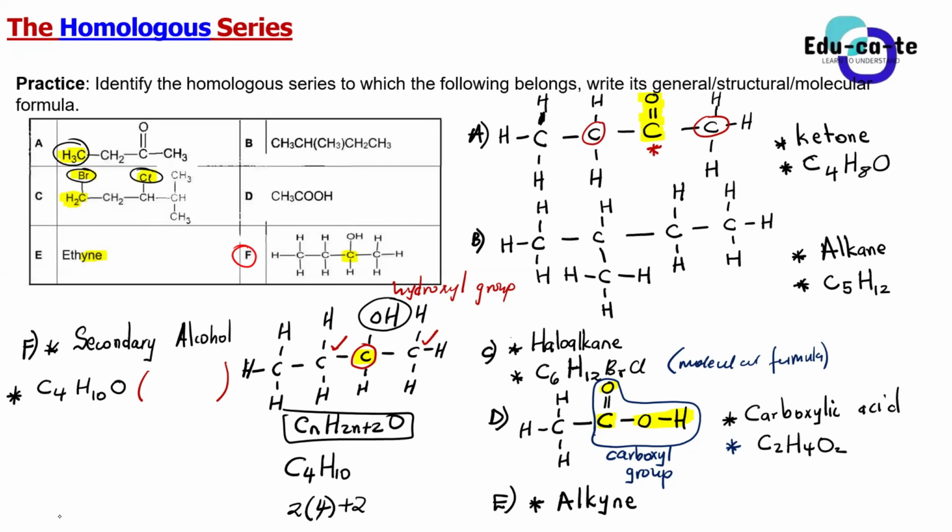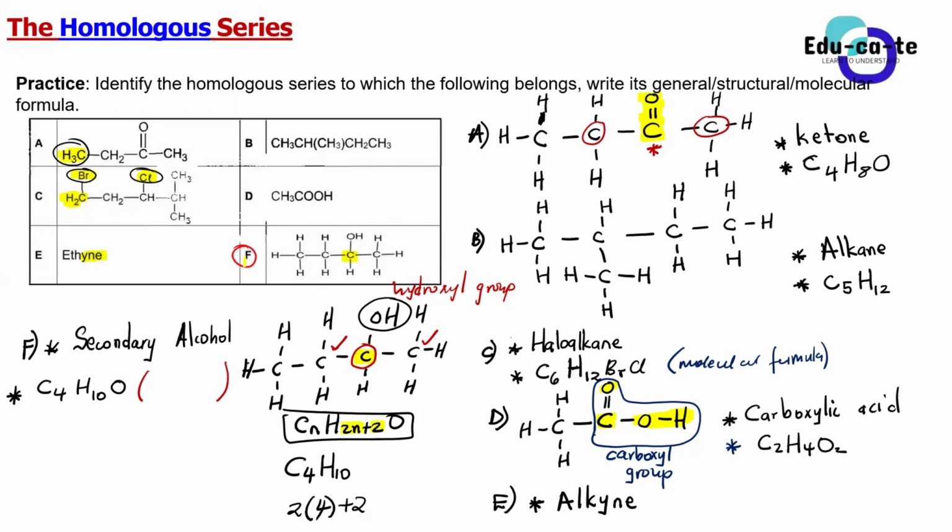Because we already know that according to the general formula for all alcohols, as long as your organic molecule is an alcohol, guys, it will always abide by this general formula. And the general formula says that when we've got a certain number of carbon atoms, to find the number of hydrogen atoms, we multiply the carbon atoms by 2. Then we add 2 on top.